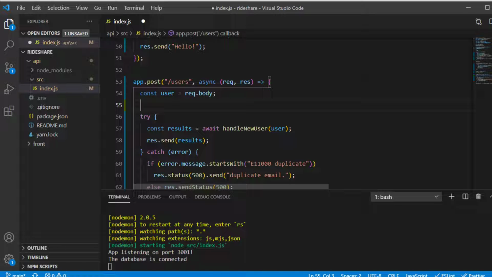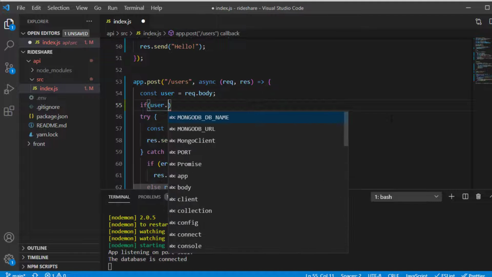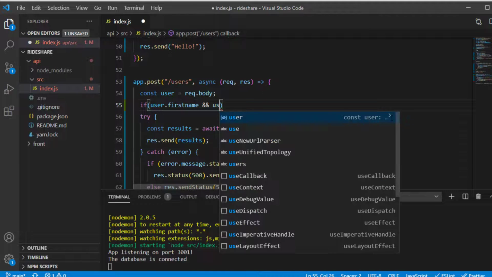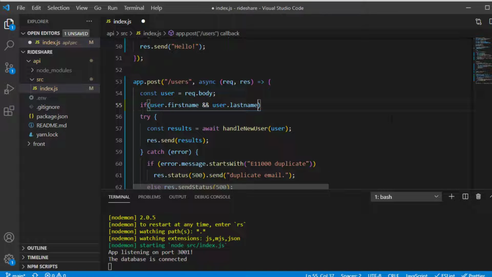It has a first name, a last name, an email, and a password. So let's get down to some checking. So if user.firstName, where the N is capital, and user.lastName, where the N is capital,